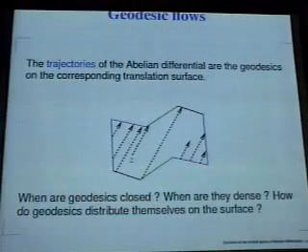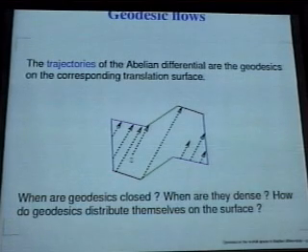So you see, if I formulate it in this way, it's a problem in differential geometry. It's also a problem in complex analysis because geodesics of this metric are what one calls trajectories of the Abelian differential. And they have a meaning in complex analysis. Namely, they describe directions in which one can deform the complex structure. And I will try to convince you that this is also a problem in topology